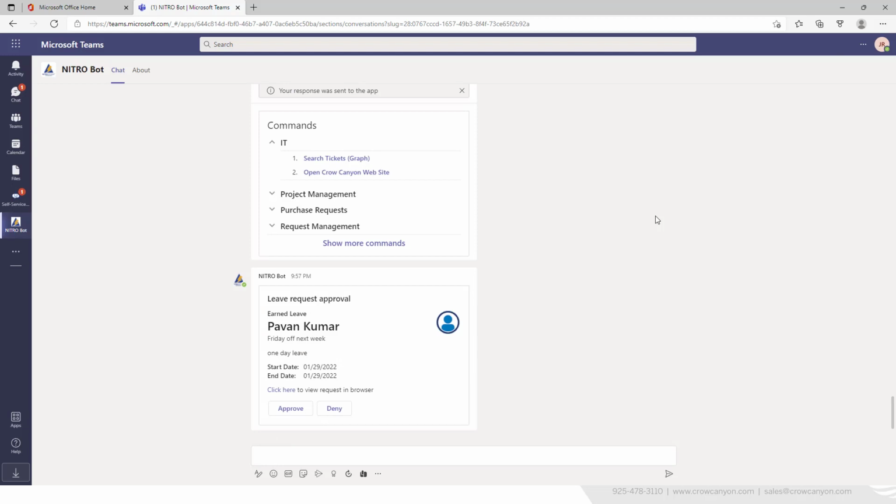Now we'll switch over to the manager James, who received a card in his bot. You can see it's JR for James. He received a card in his bot notifying him that Pavan is asking for time off next week, and he can approve it or deny it. He's going to approve it, but first I want to point out that the bot knew who the manager was and was able to send this card automatically to the manager,